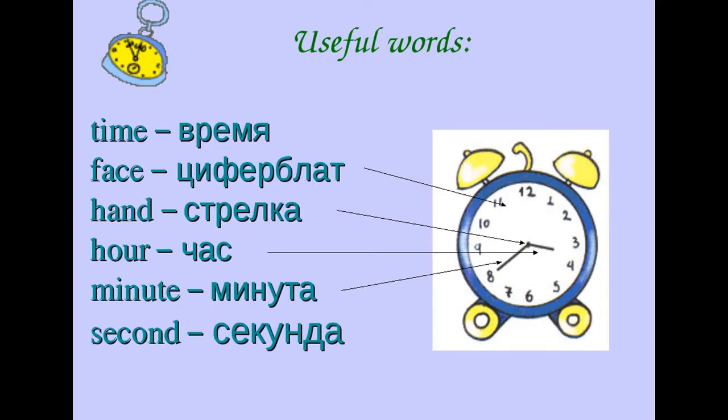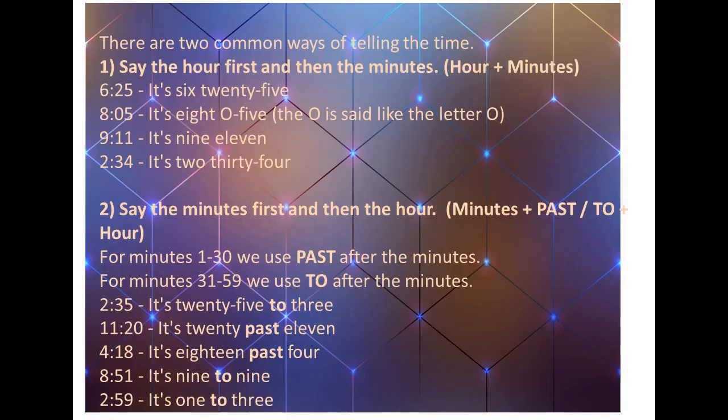Useful words when we talk about the time: time, phrase, hand, hour, minute, and second. There are two common ways of telling the time. First, say the hour first and then the minutes. Hour, then the minutes. For example, when we use the short form, we say it's